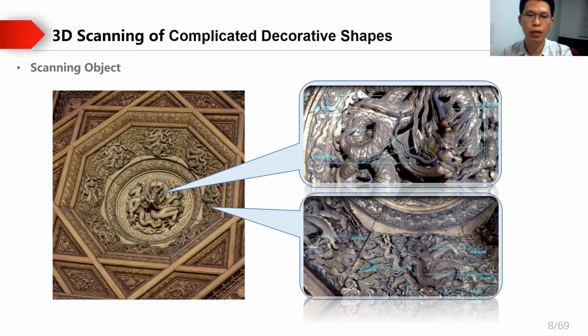The first one is the huge size, and the second is the complicated decorated structure. As we see from the right image, the whole ceiling surface is covered with beautiful hollowed out carving patterns. It means we need to use ultra high resolution scanners to record shape details. As a result, this will lead to an extremely big data file. And for the narrow and deep dark portions, where even the light cannot be projected, there will be a lot of data missing.